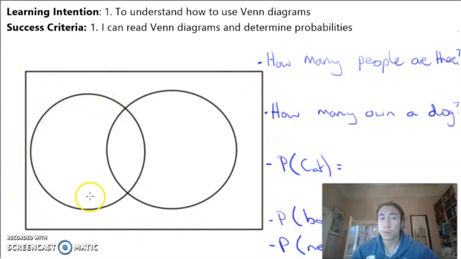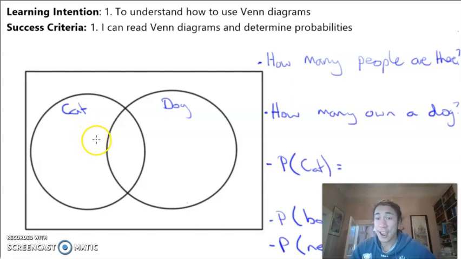A Venn diagram looks like a rectangle around the outside with two circles on the inside. What we might do is, for instance, find out from a group of people who owns a cat and who owns a dog. So if I got everyone in my group to put up their hand if they had both a cat and a dog, and say 10 people put up their hand,